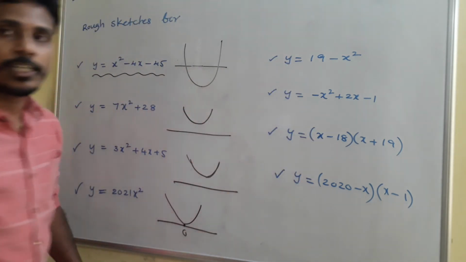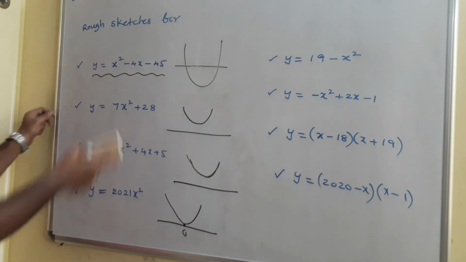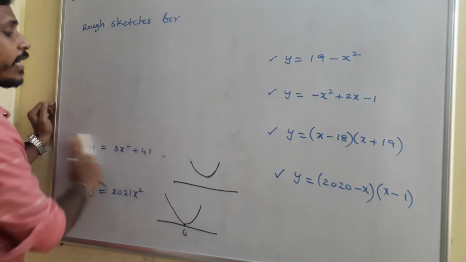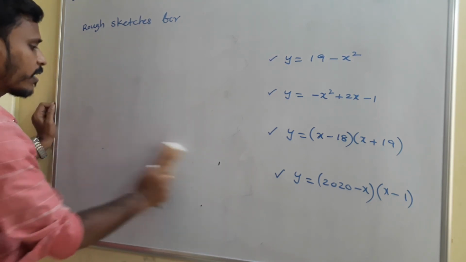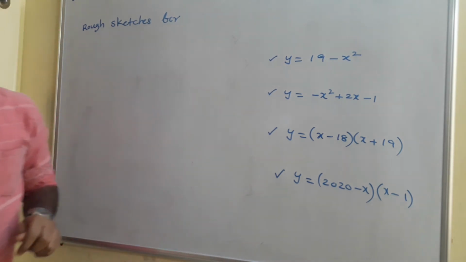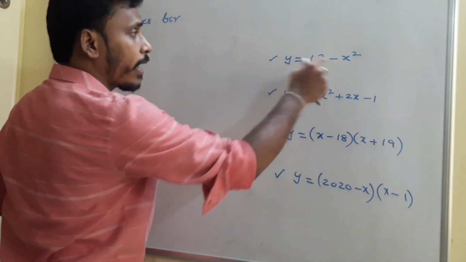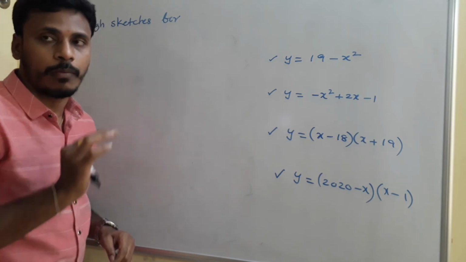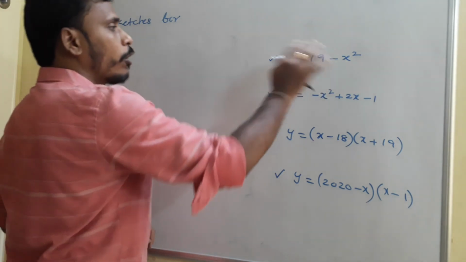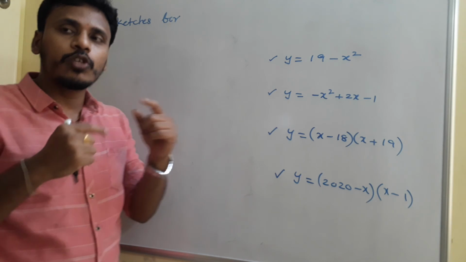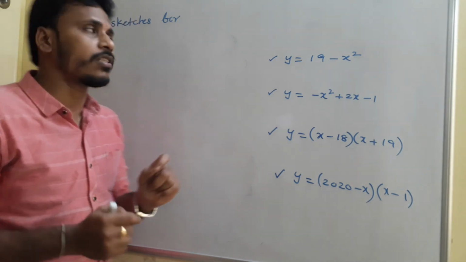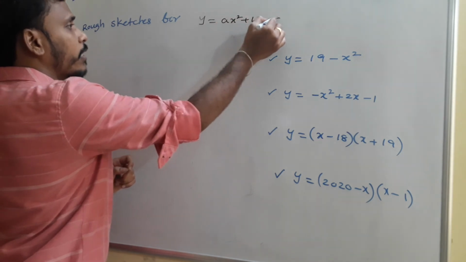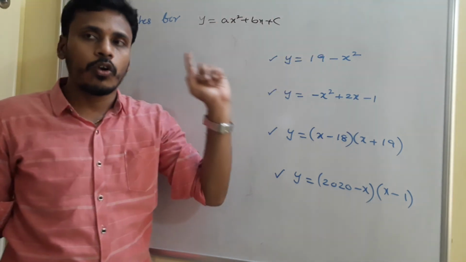And now for these expressions we need to think. Okay, I am erasing this for the space. Now if you have a look, y is equal to 19 minus x square. Just think about it, what is the coefficient of x square? Here the coefficient of x square is minus 1. Coefficient of x square minus 1 means what? A downward parabola. In mind you need to observe the values of a, b, c by comparing with the standard expression ax square plus bx plus c. So a is minus 1, downward parabola.